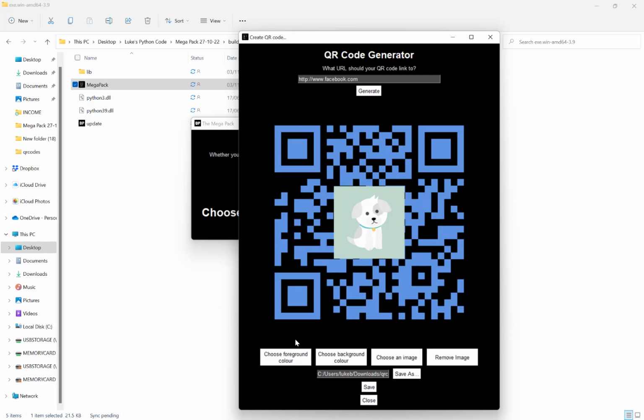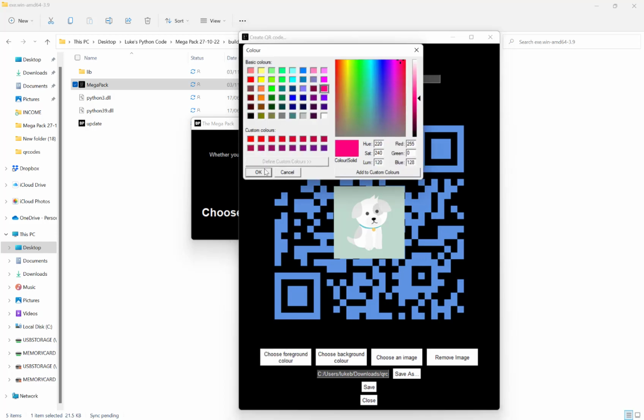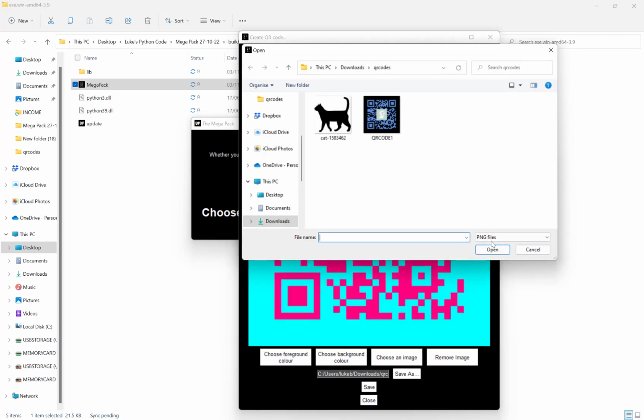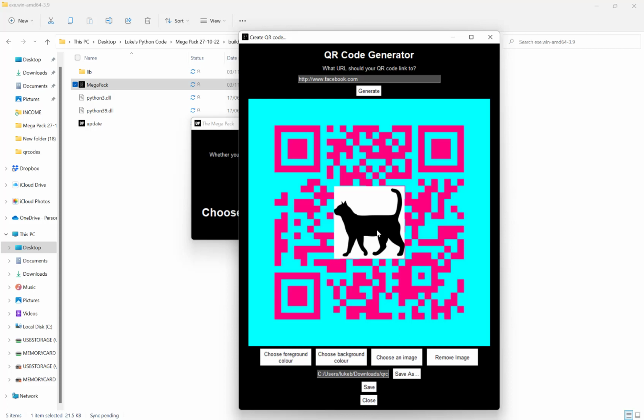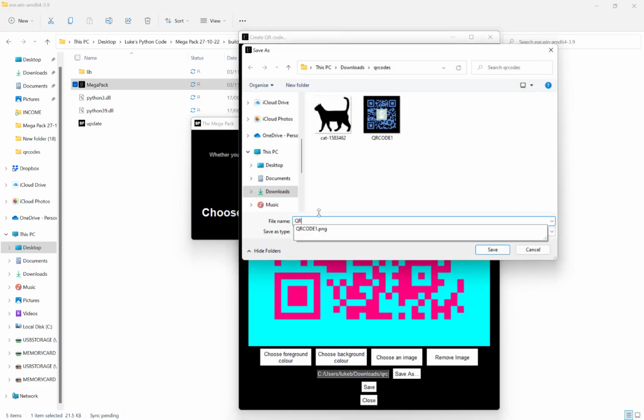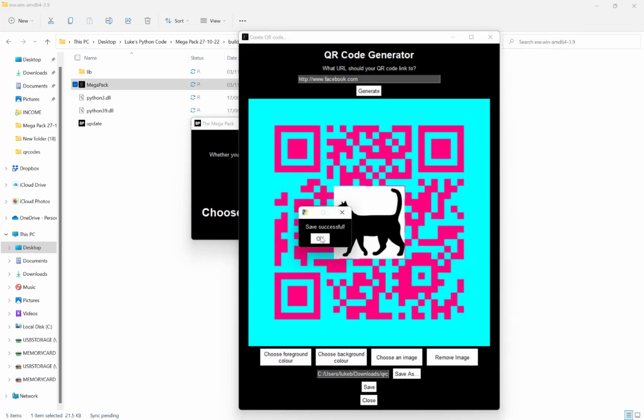addresses as well. And you can change the colors again, like so. Choose a different image, like so, and then choose another where to save it, QR code 2, hit save, and save again. And now you can keep going through this process to create as many QR codes as you want and customize